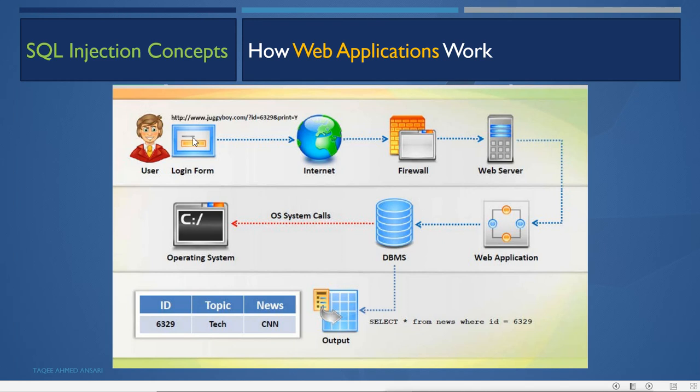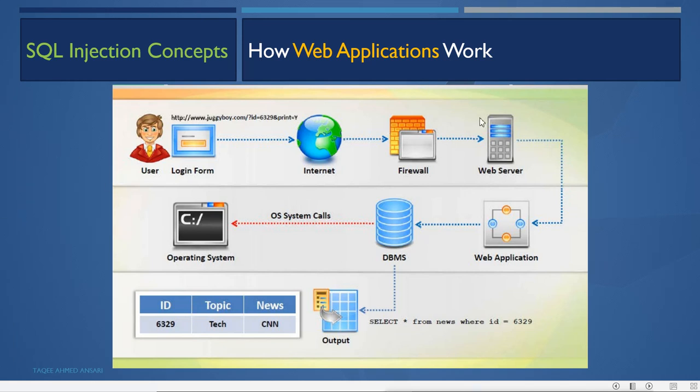So when the client clicks on some news in the browser, a request will be generated saying that I want to get this news, and you can see it in the URL. It is saying that the ID related to that news is 6329.